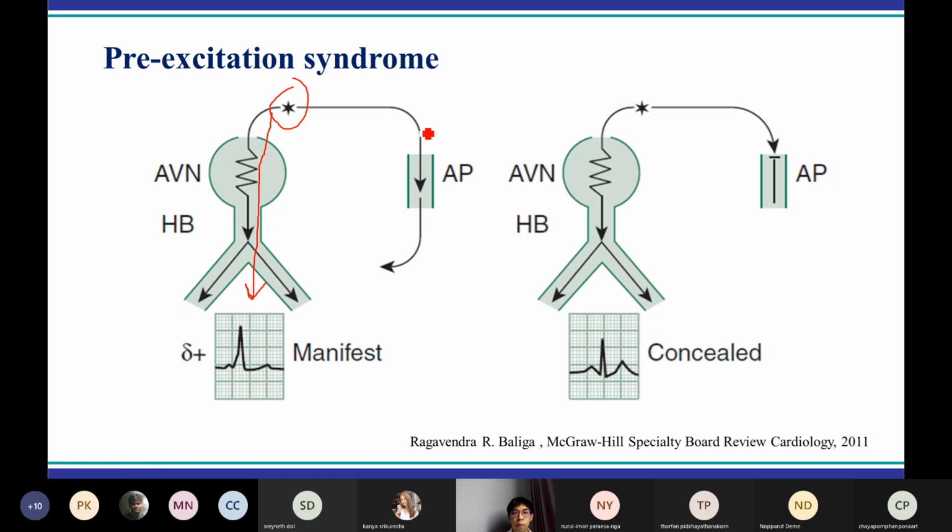And there is another pathway that could be conducted between the atrium through the bypass tract into the ventricle. So there is a manifestation on the ECG which would show a very short PR interval, because some of the electric signal bypasses the AV node using the bypass tract into the ventricle. So the PR is very short because the duration of the conduction is faster than the normal conduction of the AV